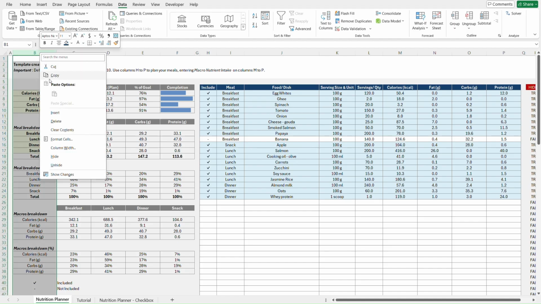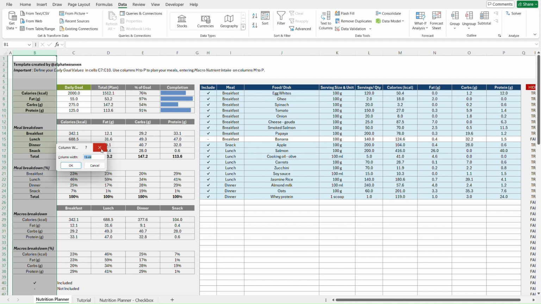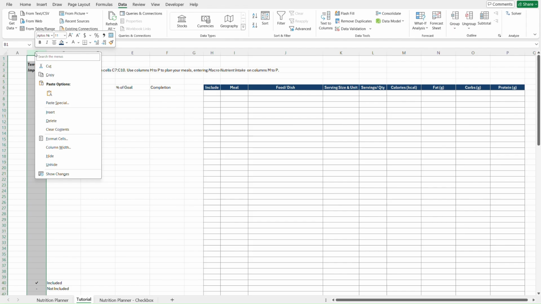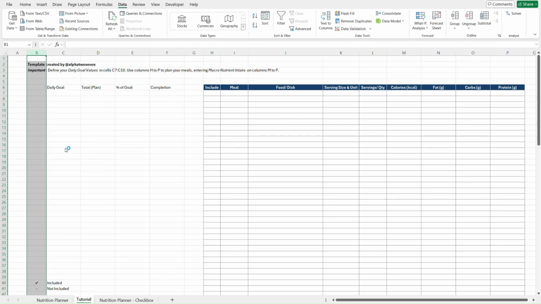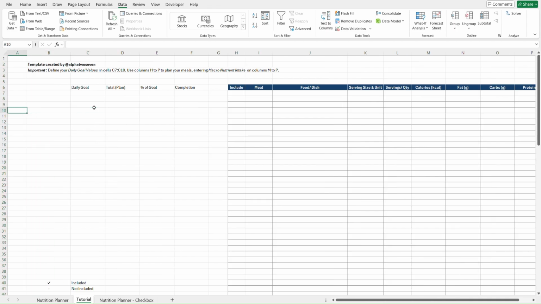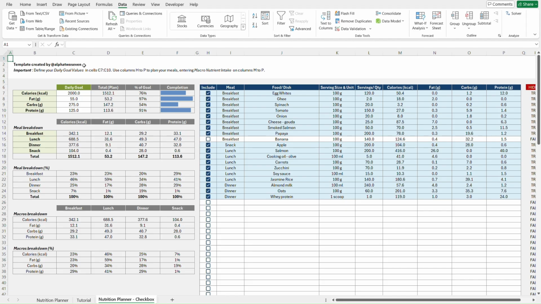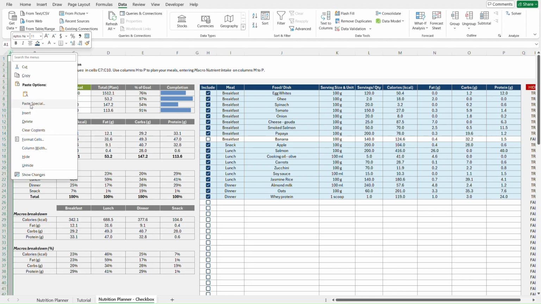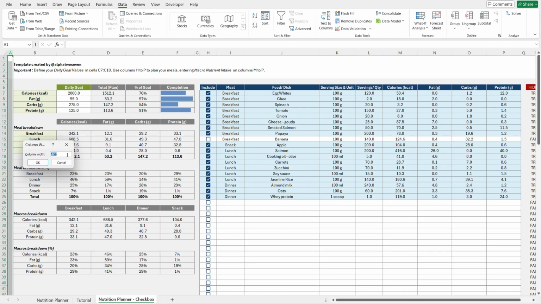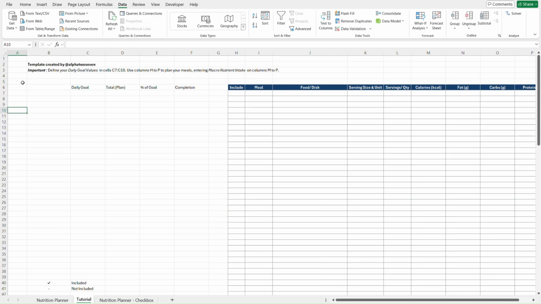Then for B, it seems a bit higher. Column width, yeah, it's larger, 1944. I just copied it. Right click, and then type 1944. And then column A and column G are a bit more narrow. I can see what's the exact width, 156. So I copy that. And then I come back,